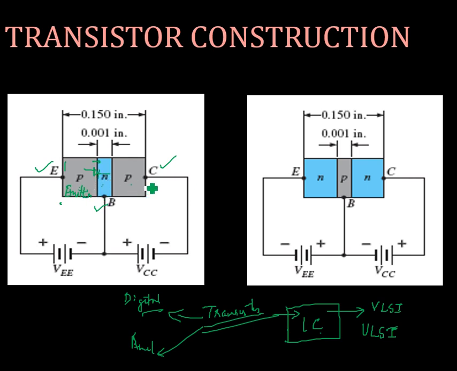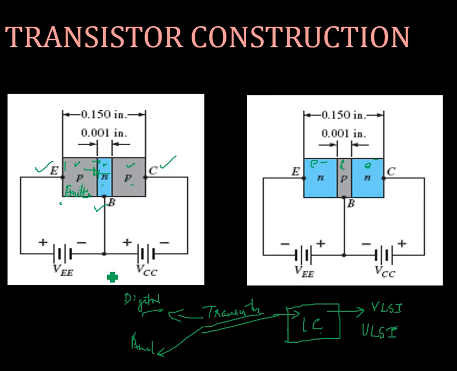Okay, and the collector is moderately doped compared to the emitter, and the collector is connected to the base, which means the base is sandwiched between the emitter and collector. Okay, this is a PNP device. So in PNP, holes are the majority carriers in the emitter, in the base the electrons are the majority carriers, and in the collector again holes are the majority carriers. If you take the NPN, here electrons are the majority carriers, here holes are the majority carriers, and here again electrons are the majority carriers. So the base is very narrow and sandwiched between the emitter and collector.